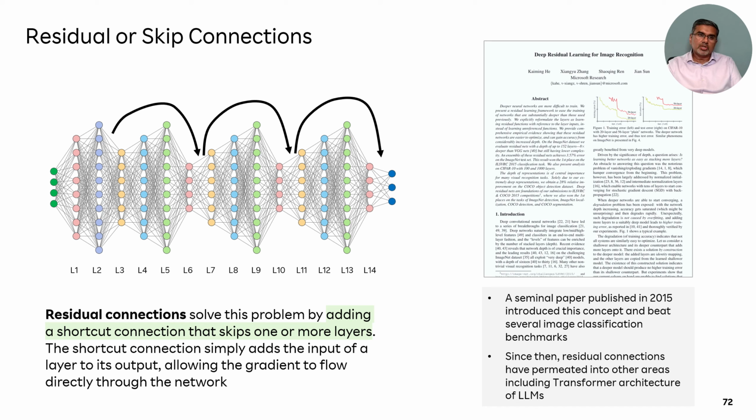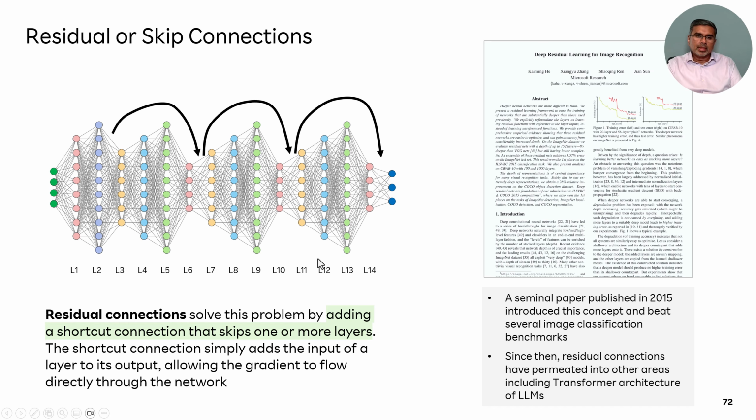Large language models actually use it. If you look at the transformer model, which I'll show you in season 3, it actually uses residual connections. The idea again is very, very simple. You would like to create short circuits in your neural network. Typically, a neural network is a linear flow of neurons and layers like this. In between, you'd also want to create short circuits so that the signal can propagate and jump. In addition to flowing through the neural network, it also goes to some more neurons ahead in the layer